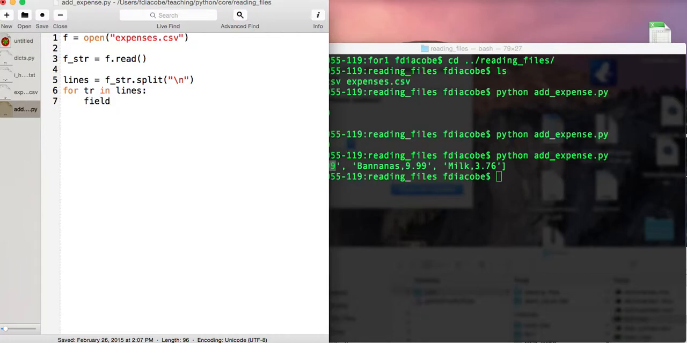The name and the price. So fields are going to be the transactions.split, and I will split them on a comma, right? And then look at what's going to happen. I can print fields,